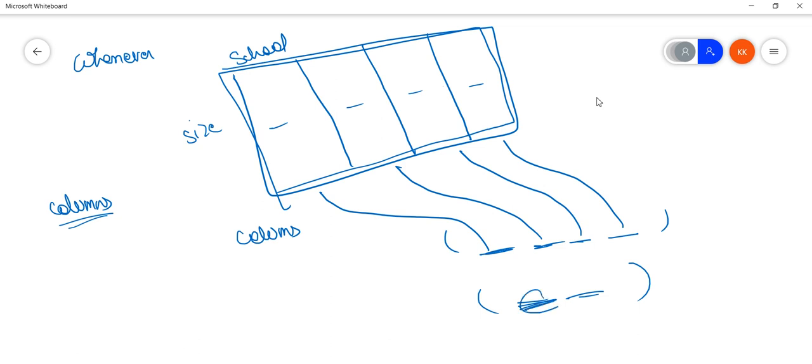Are you going to insert this data into this one, or this one, or this one? The database cannot decide this. So at that point, it is a must to specify the names of the columns.